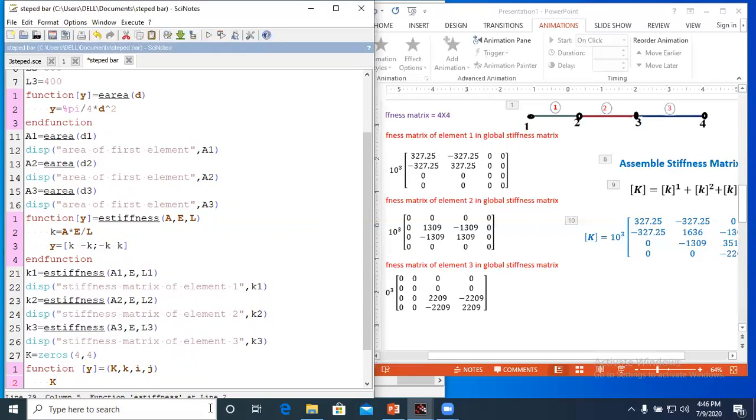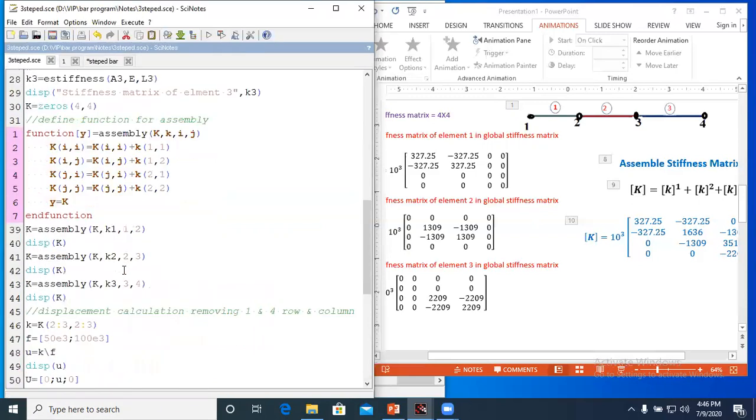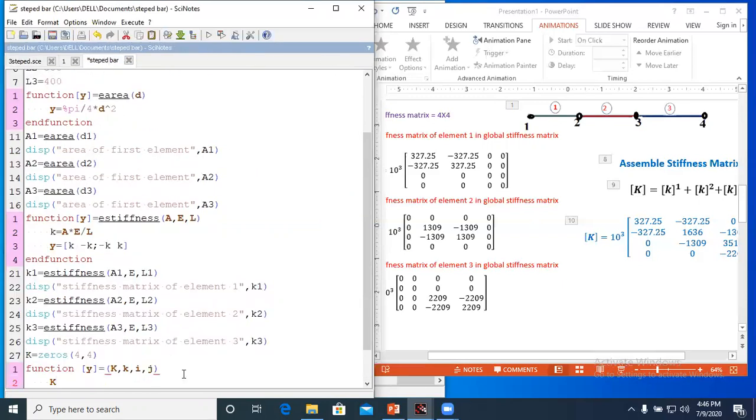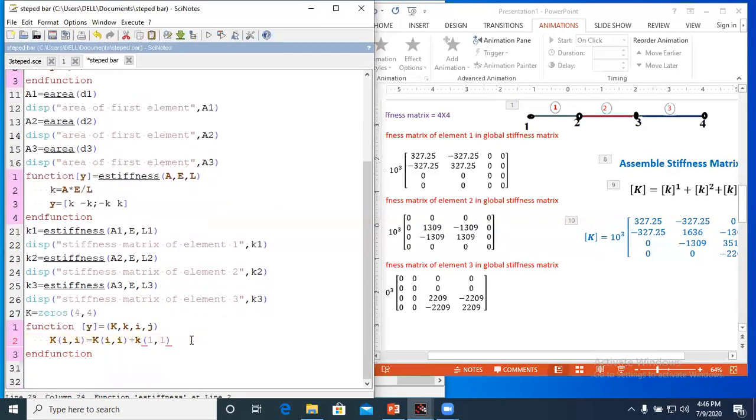Now see here, capital K(i,i) equals K(i,i) plus small k11. Now I will show you what will happen here.